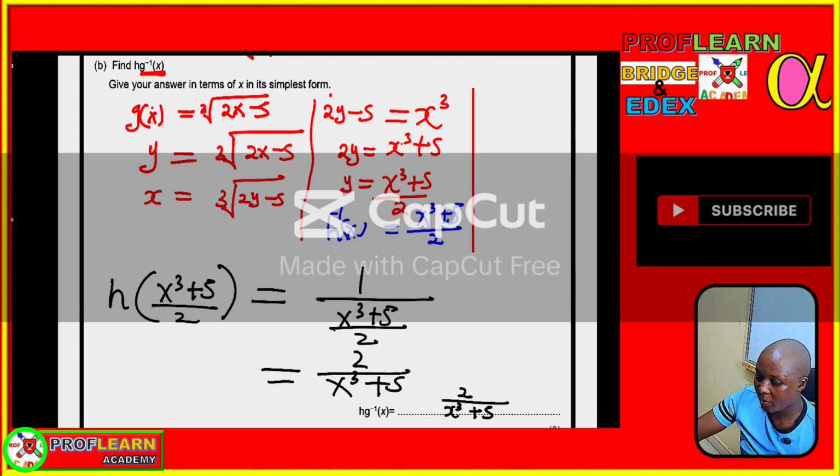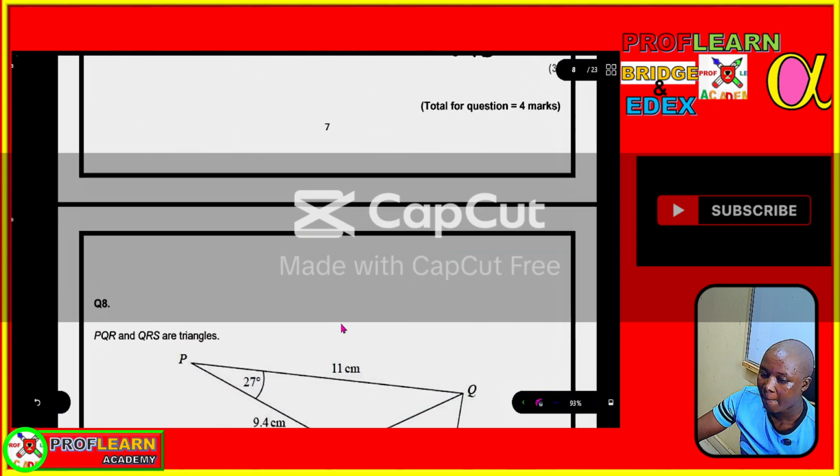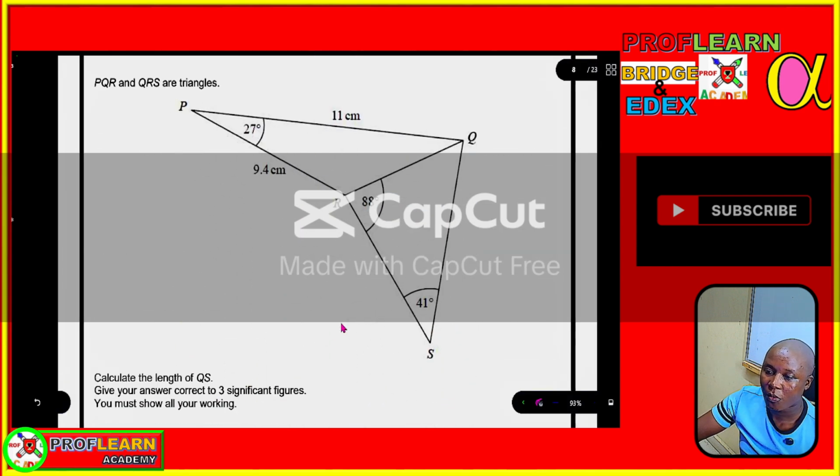All right, so we can now proceed to the next part of the question. We are going to work out missing parts. You are supposed to calculate the length QS. This is the length QS. I can call it x here. Let me start by calling this x so that we can find it fast. For me to find the value of x here, this length here,